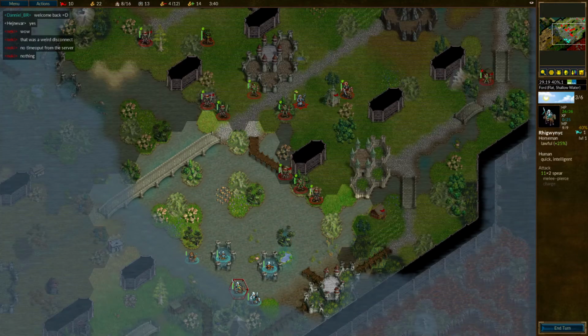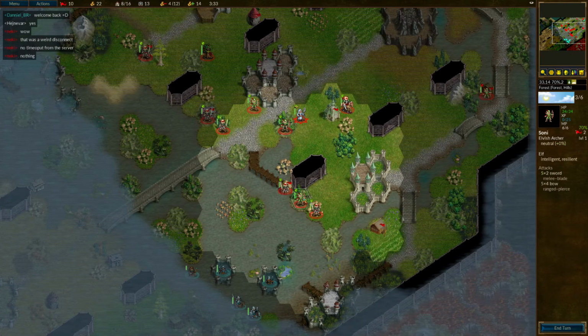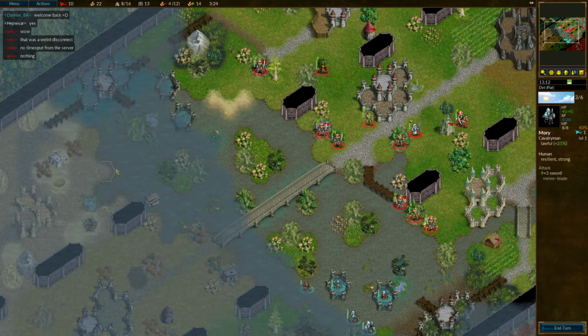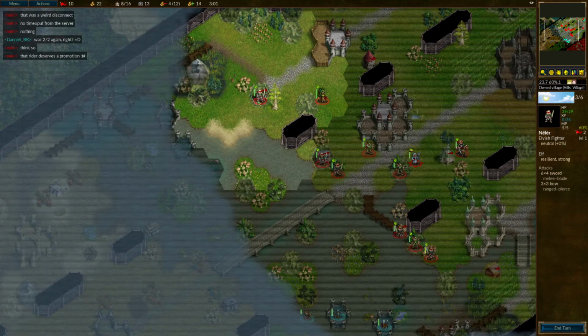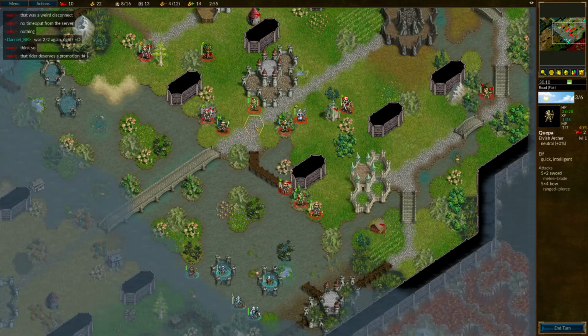Now, the important thing to note is that there are still a bunch of units here. Plus, his leader went this way, so I can't see anything here. Can't see really anything. Okay, now let's see here. There's nothing coming. A bit reluctant to move my